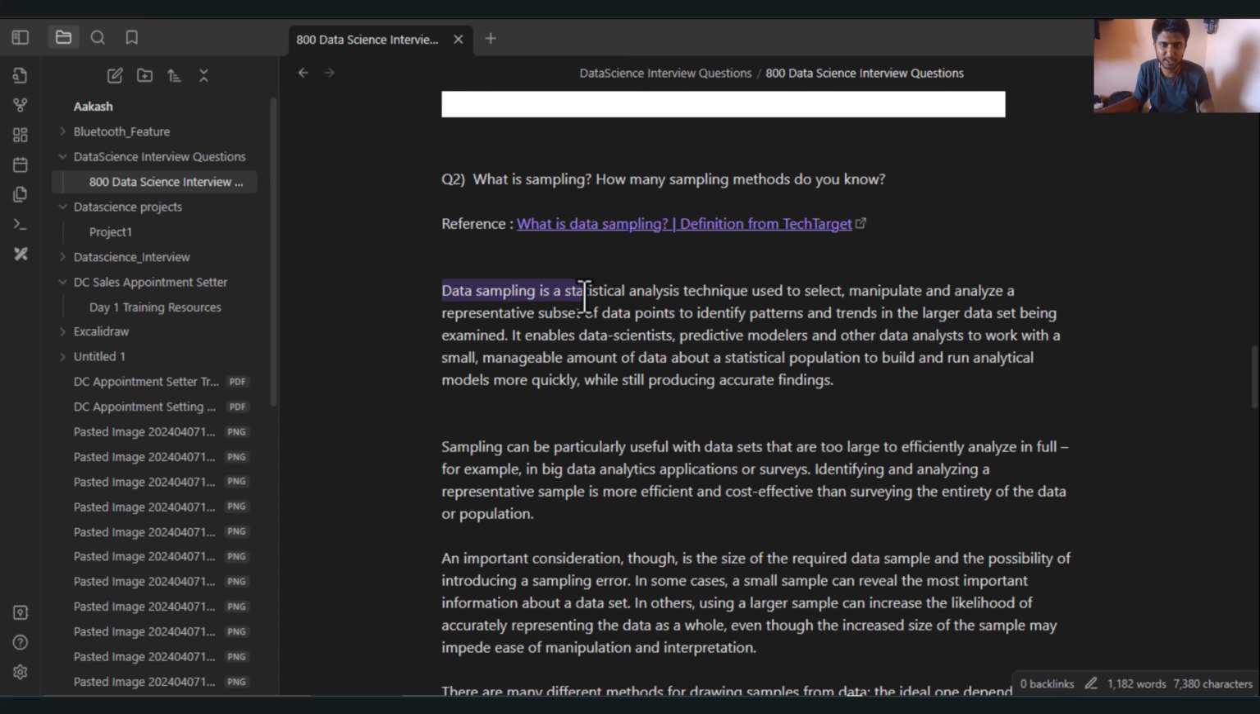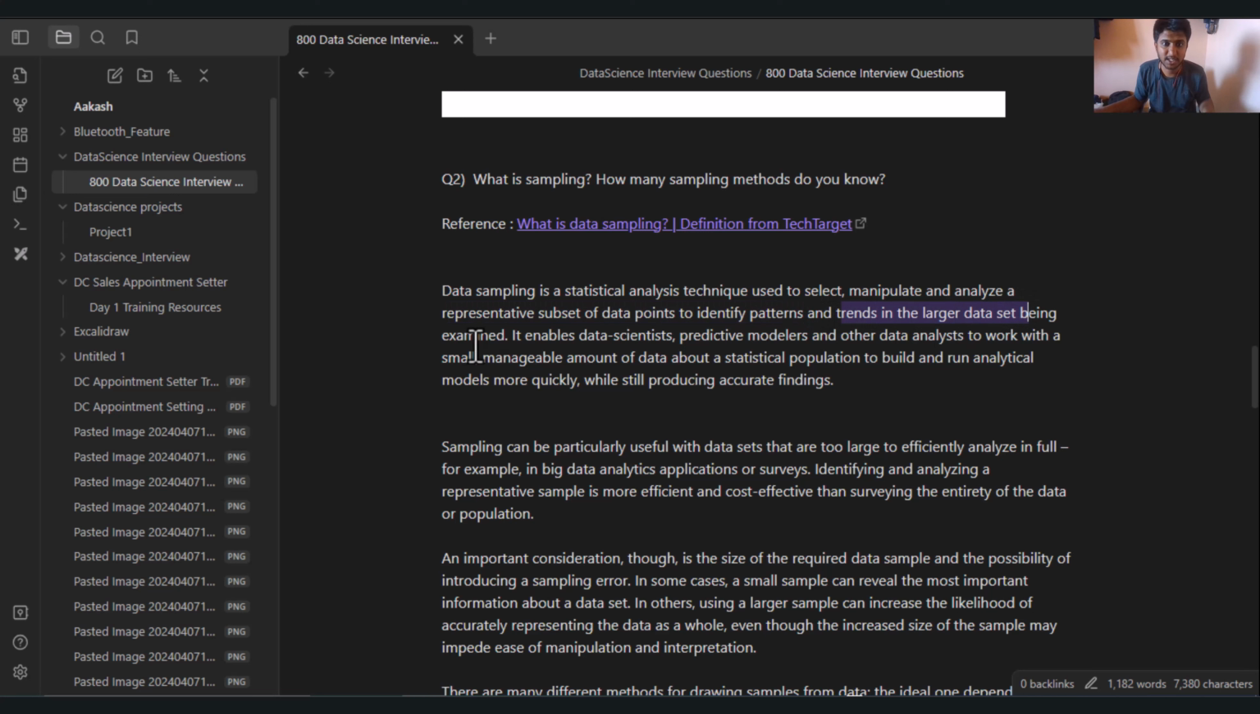Data sampling is a statistical analysis technique used to select, manipulate, and analyze a representative subset of data points to identify the patterns and trends in the larger data set. So what is data sampling? It is a statistical analysis technique used to select, manipulate, and analyze a representative subset of data points to identify patterns and trends in the larger data set